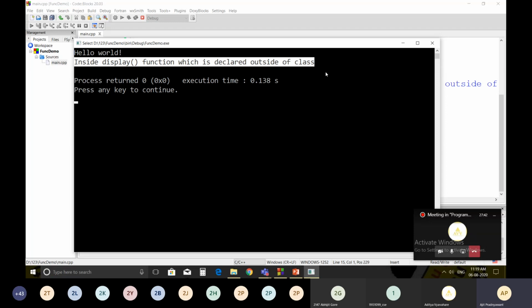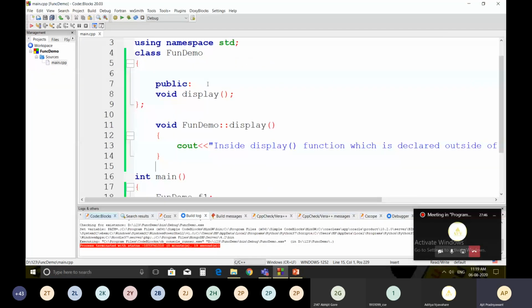That means you can declare the function inside the class as well as outside the class. If you have n number of functions, then just mention the function prototype over here and then mention the function body outside the class using the scope resolution operator.